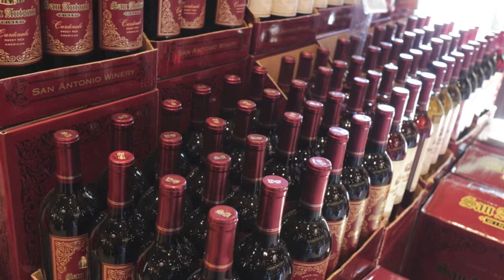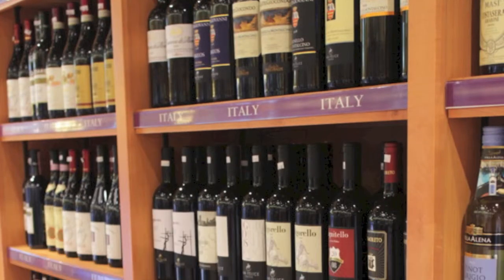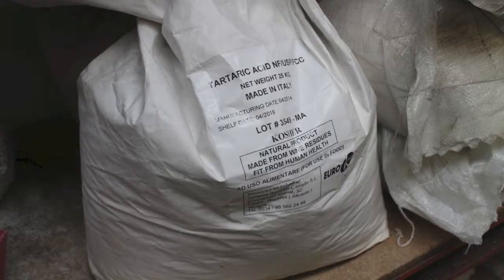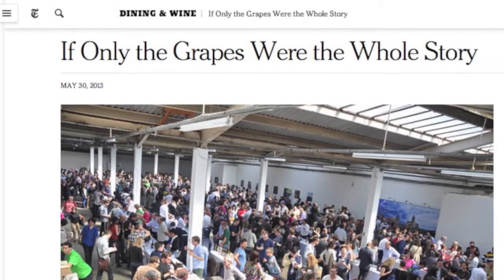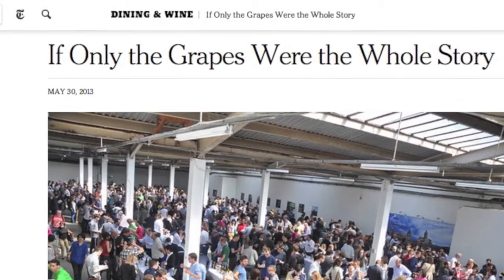When it comes to wine, we usually think of it as a naturally occurring product of the fermentation of grape. Yet, modern wine production has utilized a wide variety of chemicals to assist this natural fermentation process. On the New York Times website, there's an article by Eric Asimov, who raised the concern that the wine label